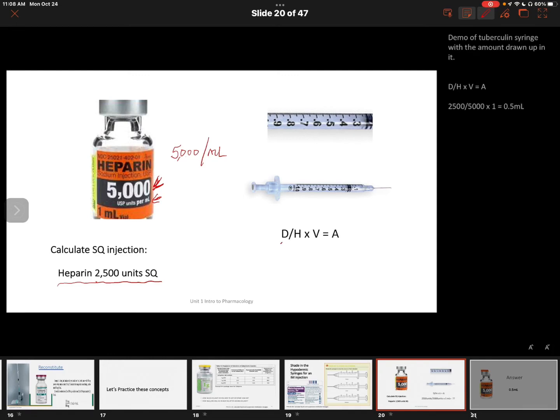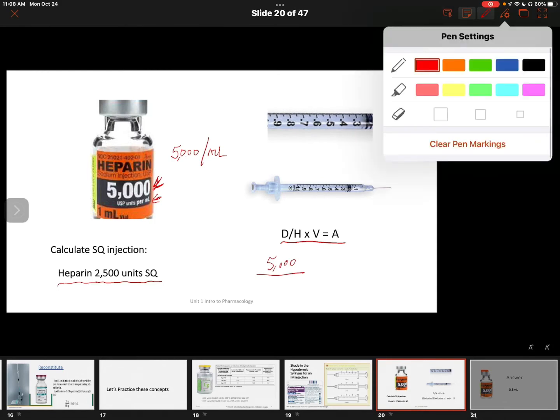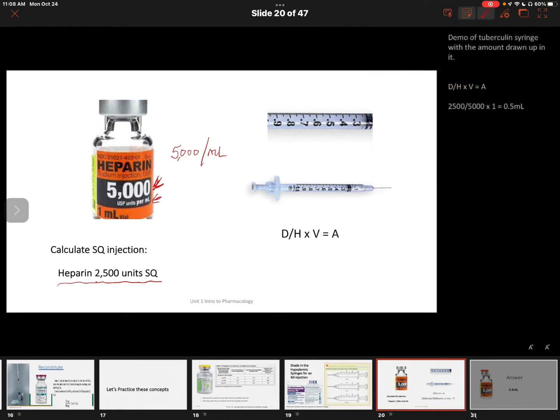So we're going to use this formula. Let me show you the right way here. We have 2,500 is the order, and what we have on hand is 5,000 times 1 milliliter. The answer is going to be 0.5. So in order to give 0.5 milliliters,